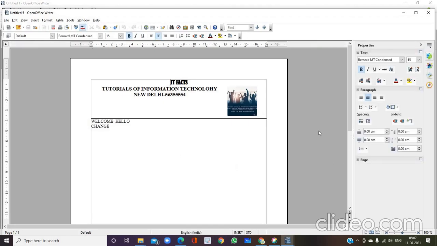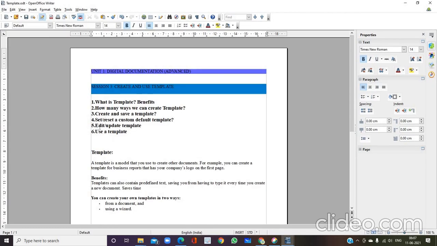This is the purpose of creating templates. Whenever you want that format, you simply bring that template format into your empty document. So that's all about editing and updating a template. Hope you are clear with it.